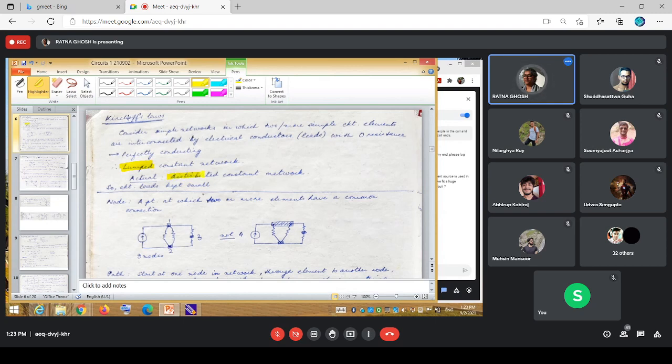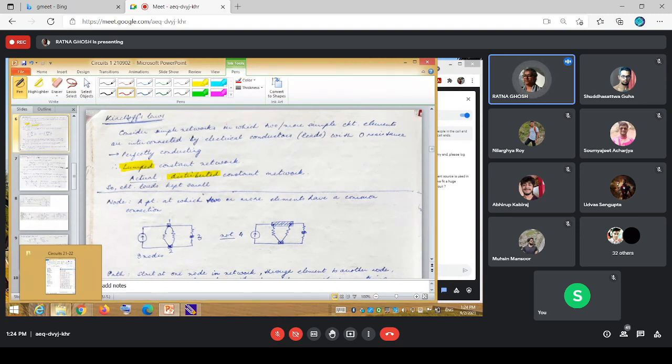Lumped constants, and here you have distributed constants. So these are very important, and I'm realizing it more and more as we do some research on piezo elements and so on for sensing purposes, for